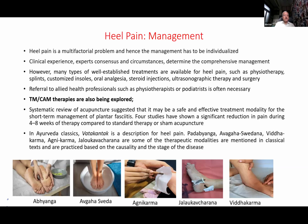Now, there has been a systematic review of acupuncture that particularly suggested this is a safe and effective treatment modality. They have done comparative studies, and these 4 comparative studies have shown a significant reduction in pain over 4 to 8 weeks of therapy, when compared with sham acupuncture therapies. So there is a great potential to explore it further in the long term, how it relieves the pain,